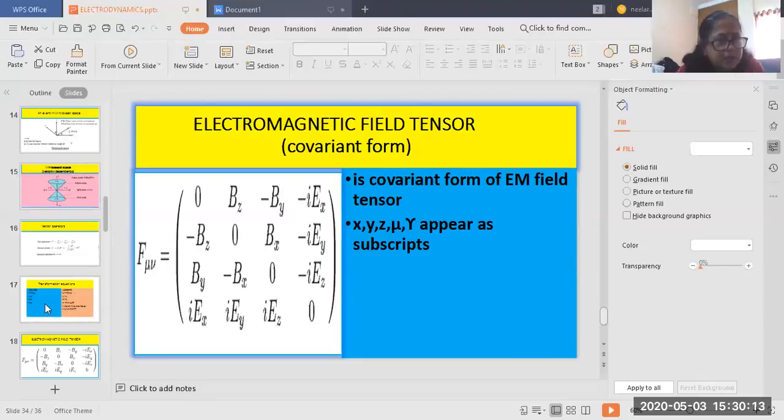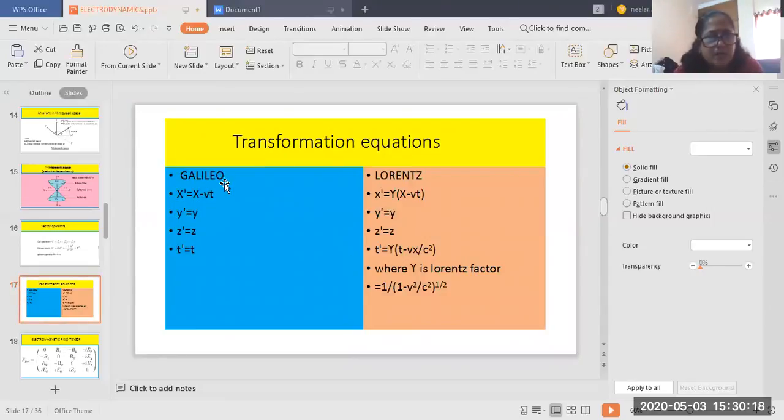Okay, it's here. Yes. So you can see this is the transformation equation. This is the Galileo format. This is the Lorentz format. In the Lorentz format, you can see the Lorentz factor gamma is coming. Gamma is 1 divided by the square root of 1 minus v squared by c squared. This Lorentz format was next extended to Minkowski space, and then the fourth coordinate was added there. You can see here, there are only 3 coordinates. This is an accelerated frame. Prime means accelerated frame. Without prime means stationary.